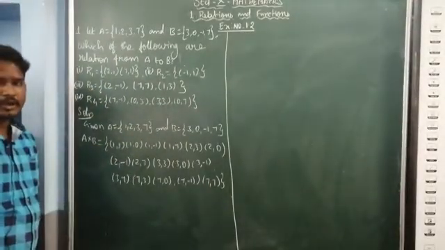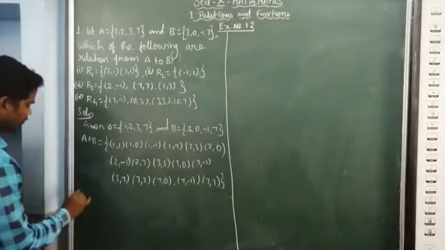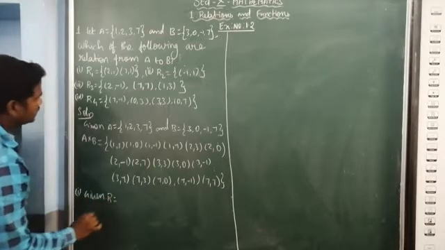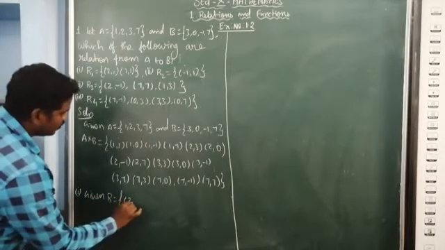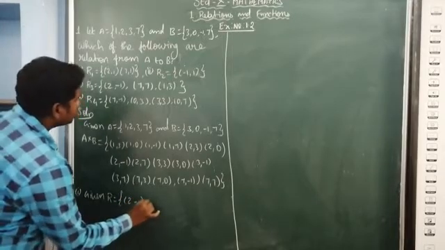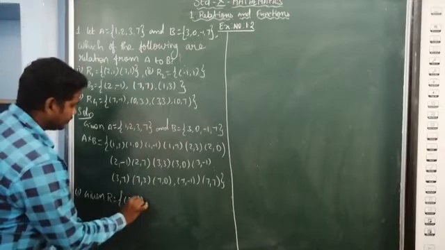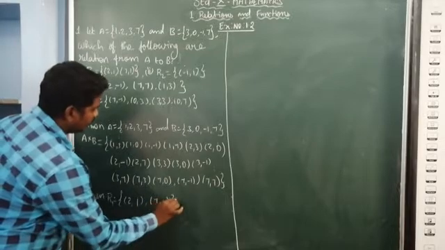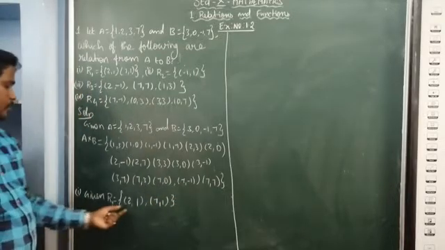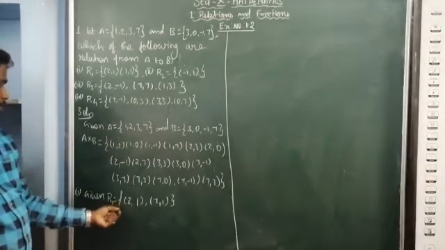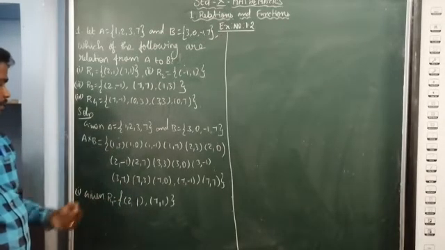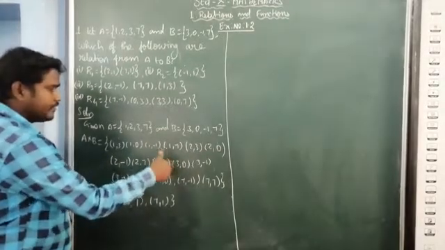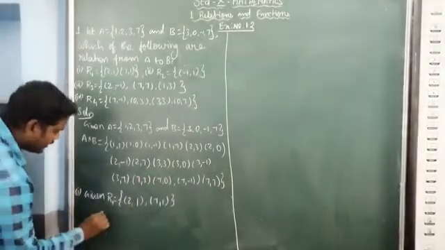Next I have to solve the first sum, the first subdivision. Given our relation R1 is equal to the set of values (2,-1), (2,1), (7,1). Here you want to see the relation element (2,1). You want to compare this with A cross B itself. Here in the relation R1 itself (2,1) is there. Is anybody having (2,1) in A cross B? No.